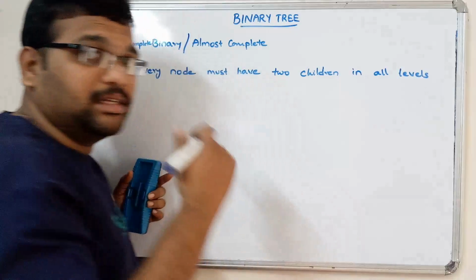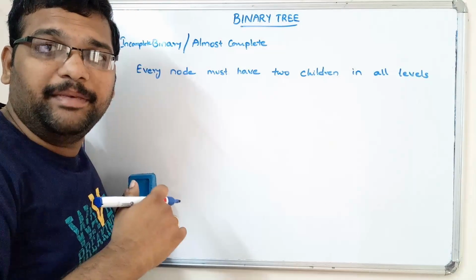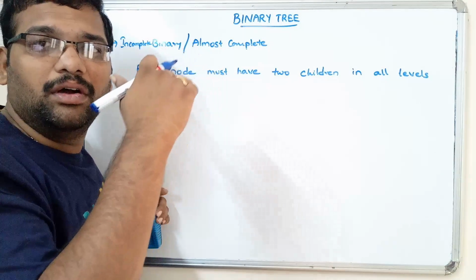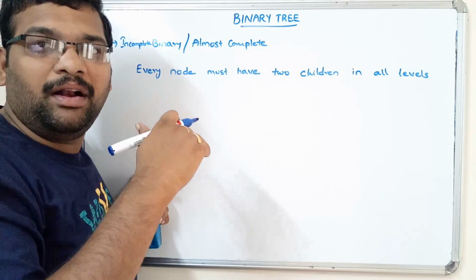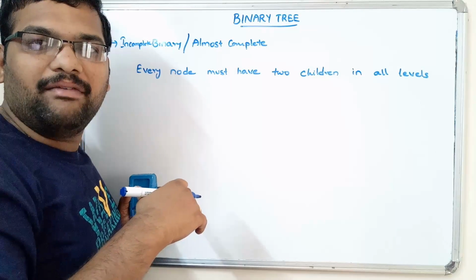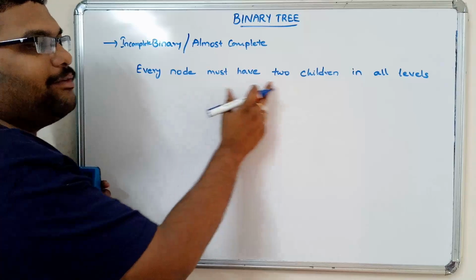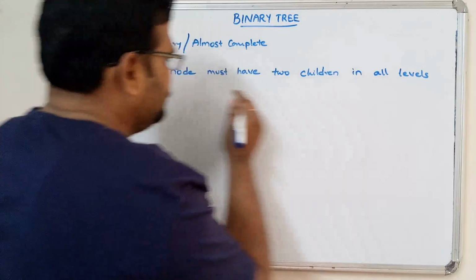We know that levels are incremented hierarchy-wise. The root node level is 0, the next hierarchy is level 1, the next is level 2. So every node must have two children in all levels